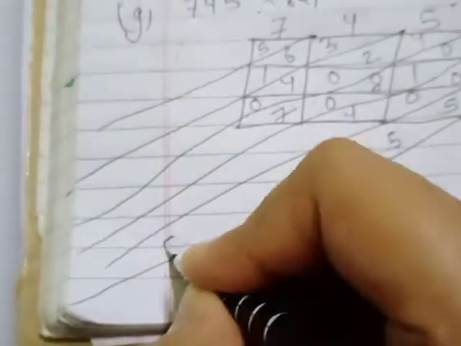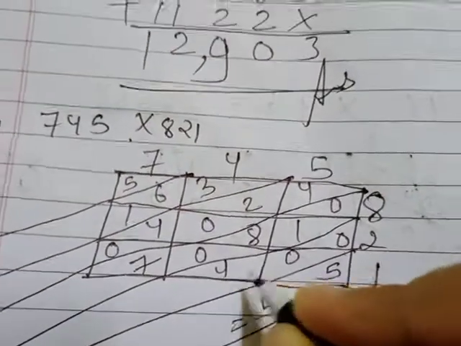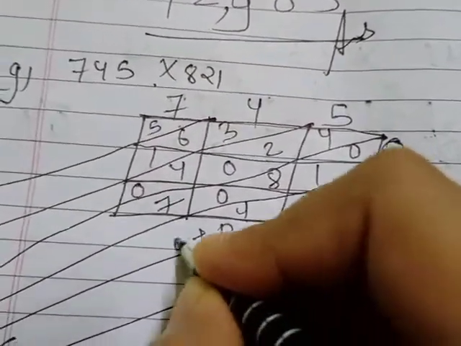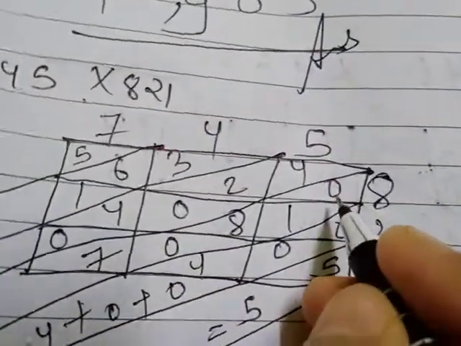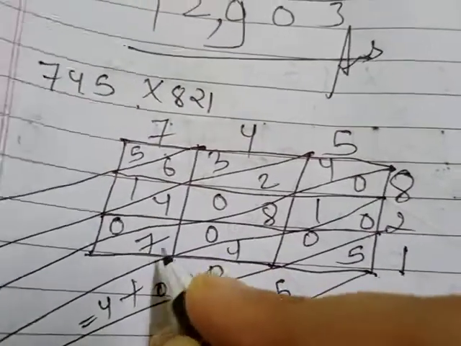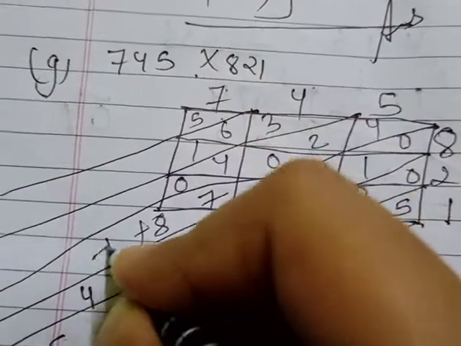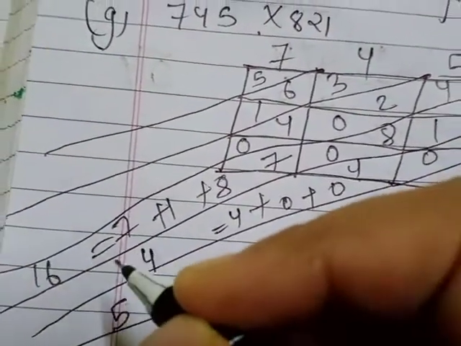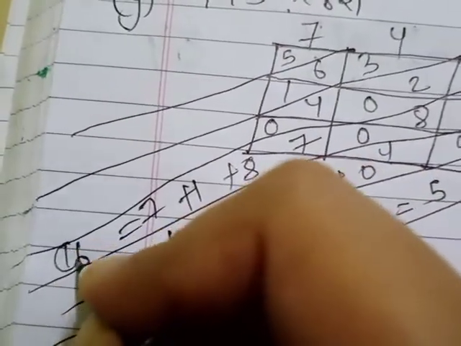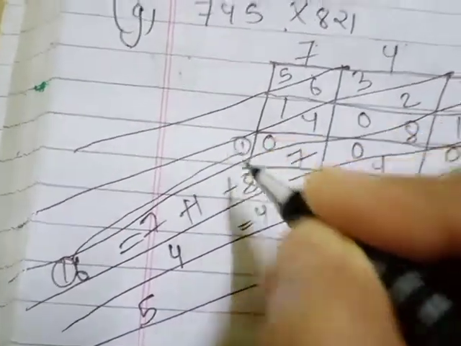And then we have to add. 5 will be written as 5 only, right? Because with 5 there is nothing to add. With 4 we have 0 and 0, so 0 plus 0 plus 4, what will it be? 4 only. Then we have 0, 1, 8, 0 and 7, so in this I'll not write 0, I'll write only 8, 1 and 7. Okay, 8 plus 1 plus 7 will be 16, is it? Now when we have 16, then this 2 digit number means the tens place will be carried forward to the next place, it will be 1.